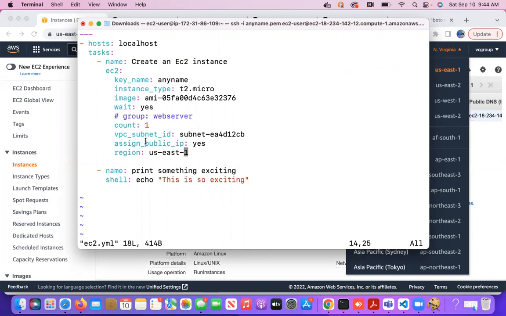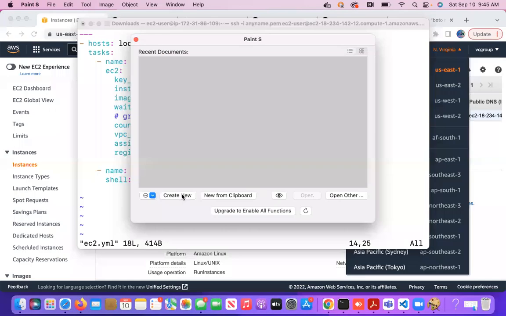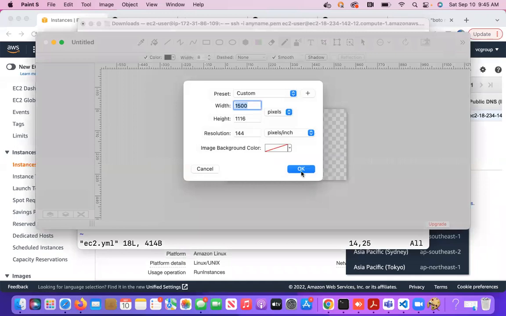Hey Vishnu, you are running an EC2 instance only, right? You already authenticated to AWS only, right? No, that's not it. So what happens is